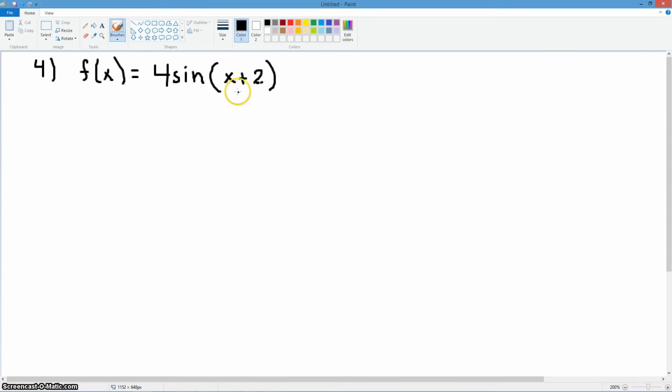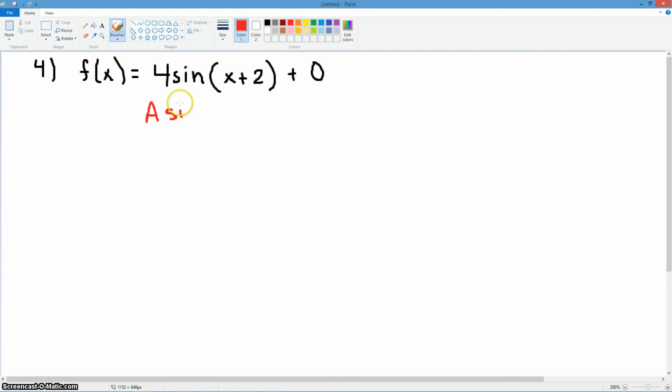4 sine of x plus 2. Okay, the first thing you need to do is just check to see if x has a coefficient of 1. Does it? It does. So in this case, you don't need to factor anything at all. But you realize there is no number that stands off by itself, and I told you, I believe on Friday, that you can easily change that by just adding a 0 to it, because you're not going to change your problem at all. So in this case, if you rewrite it, it's going to be a